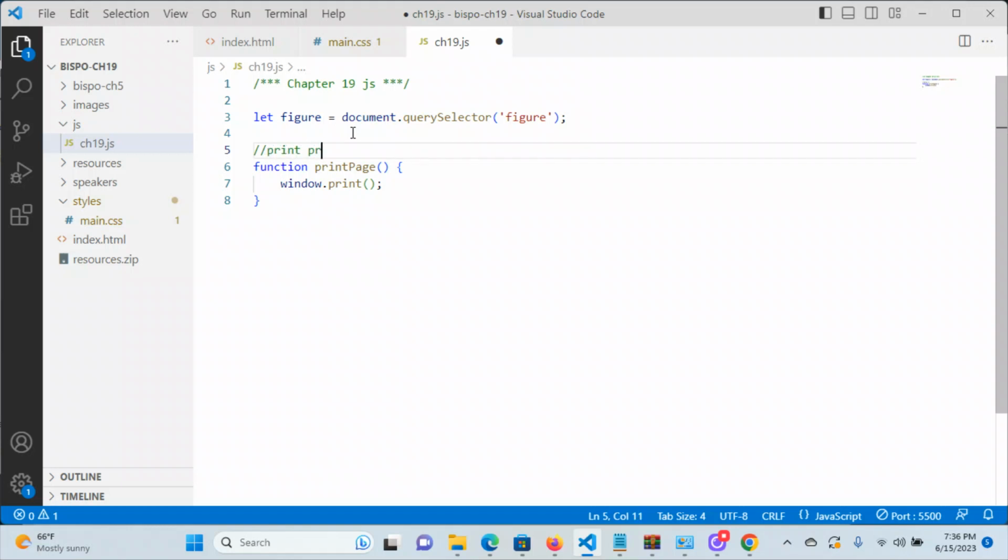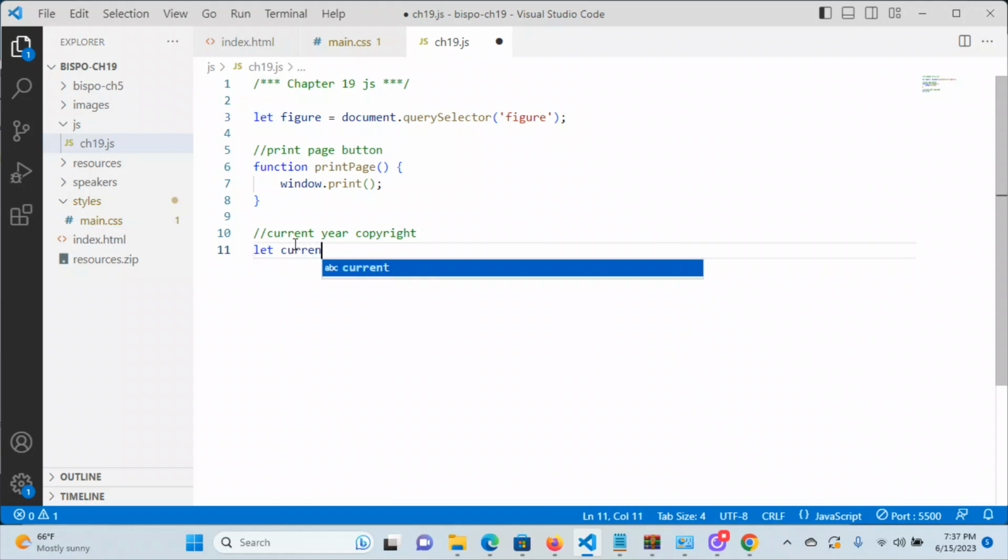So this is the print page button that we did here. And this is nothing at all. And what we're going to be doing now is the current year copyright. First things first, let's go ahead and create a variable. The initial value of that variable is going to be the full year from the new date. So I'll show you what that looks like. We're going to declare the variable the same way we did up here by using the let keyword. So I'm going to do something like let current year